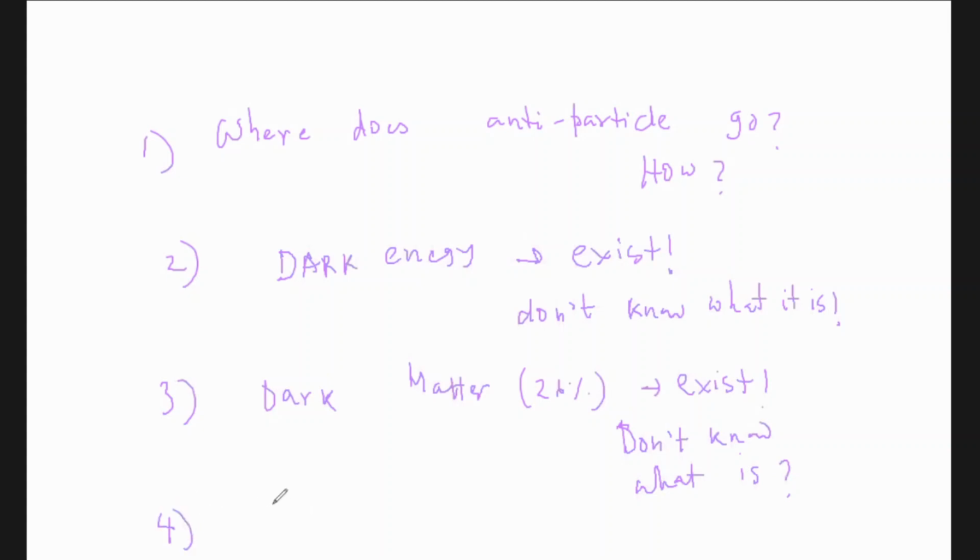And then there is another problem which is called neutrino. We have been talking about neutrino being relativistic like a photon. It has very little mass. But from solar neutrino oscillations, we know that neutrino has mass. So neutrino mass is not zero. But we all knew from our theory of particle physics that neutrino mass should be zero. So why it is not zero is again a mystery. So these four things are the biggest questions of cosmology at the present time.